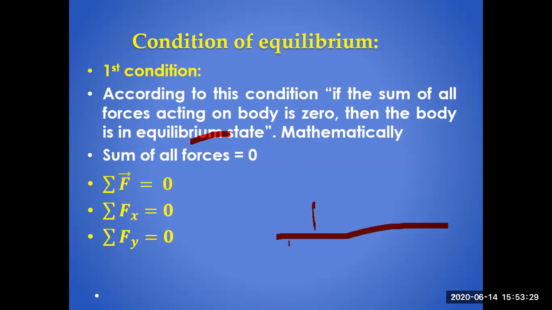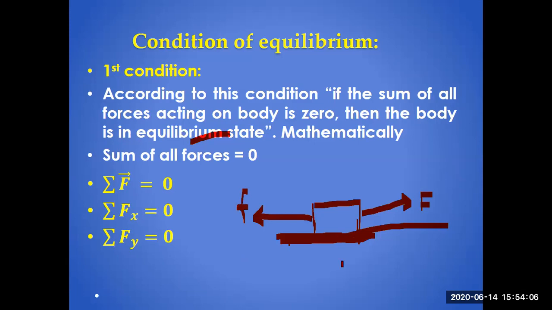object. This object may be a book, maybe any type of a sheet, maybe any type of a laptop, tab, or any other object. You have placed it on the table. To the right side, you are applying some force. This force is say F. To the left side, if it is a force of action, there will be another force that is called force of reaction. And this force is basically the force of friction.